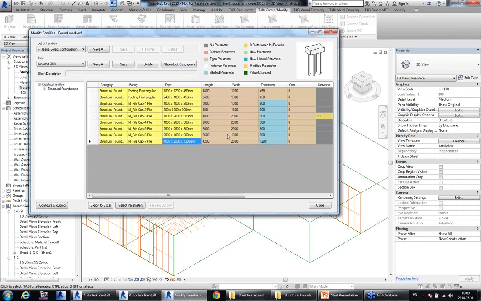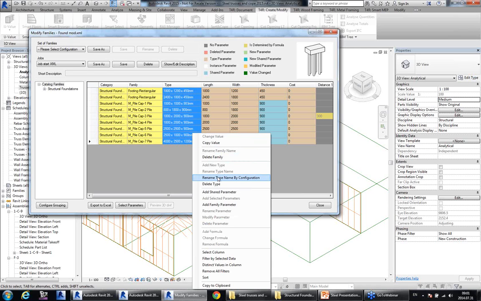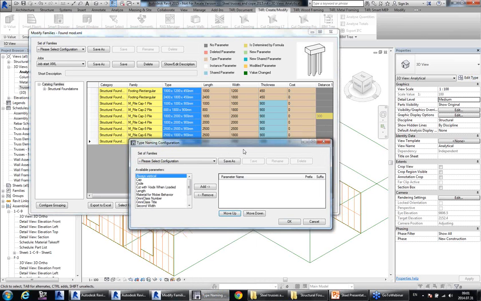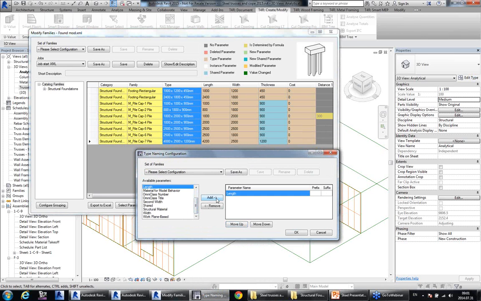Okay, and as you see here, sometimes it's very difficult to check if everything is okay with your type names. So in this dialog, you can just check those type names and check if it really indicates the value that comes from the parameter. Also, with changing type names by configuration, you can make your own configuration settings for how the type should be generated automatically. Actually, you can rename those names manually, but you can also make a configuration and say